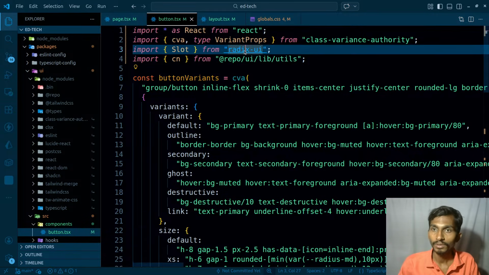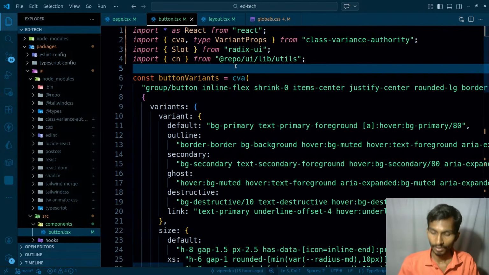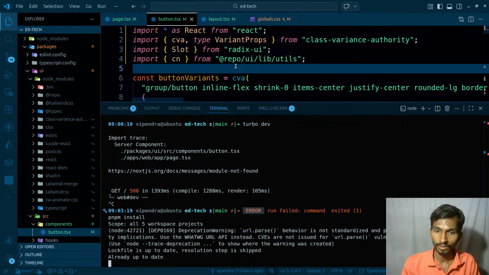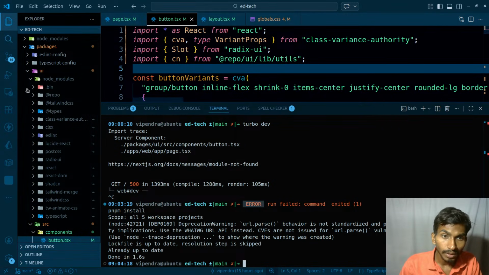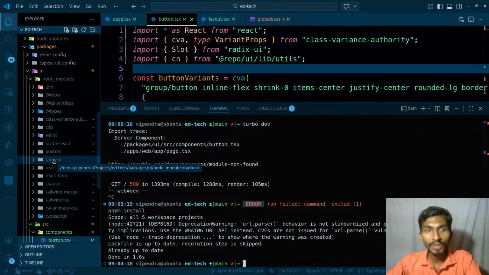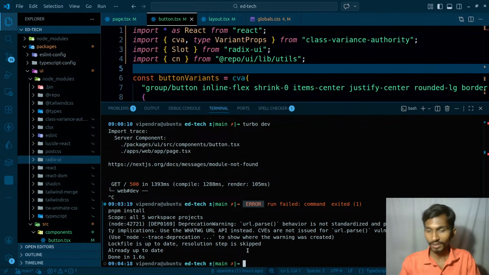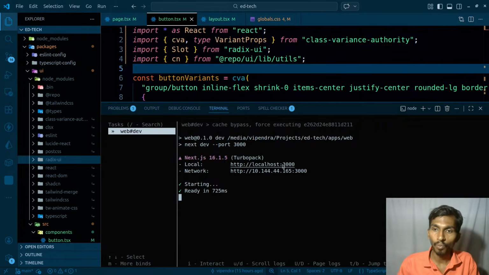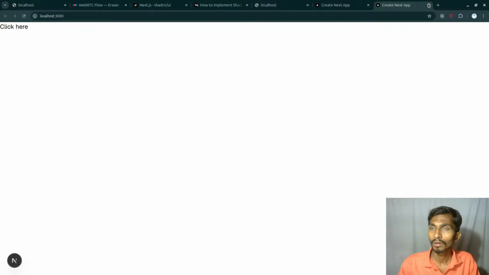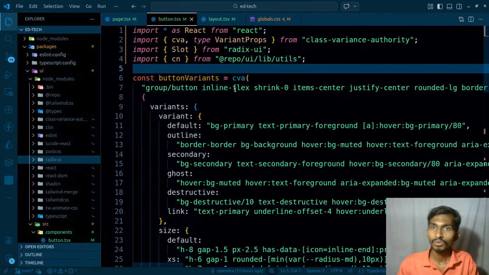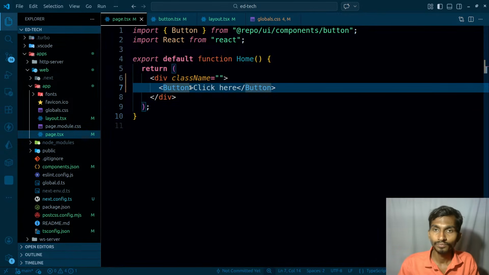That simply means even if I click on this, I'm redirected here. If I run it, before even running it, so pnpm install, that's great, up to date. Okay, got it. For some reason initially this Radix UI wasn't here. Now I got that back, and as I got that, if I run turbo dev, it will work fine hopefully. So here we are at least not getting the errors, and as I'm not getting the errors, if I actually go to this button and